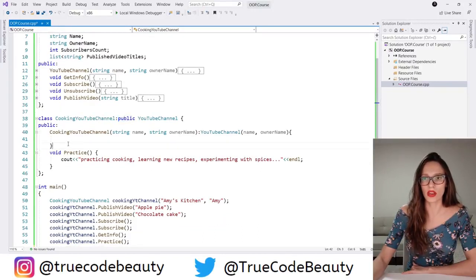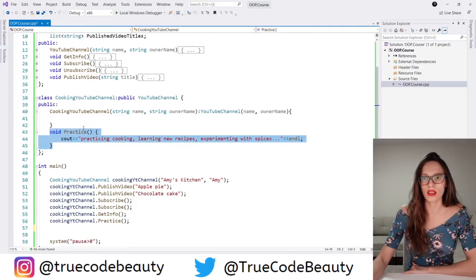And then we have created a constructor for our cooking YouTube channel, and in that constructor we receive 2 parameters, name and owner name. And since our base class constructor knows how to initialize those 2, we have here invoked this base class constructor. And then here we have created as well a method that is called practice,